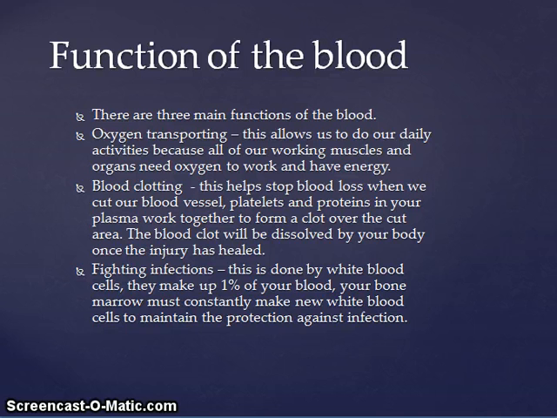There are three main functions of the blood. Oxygen transportation. This is where we use this every day. This is where we get oxygen to our